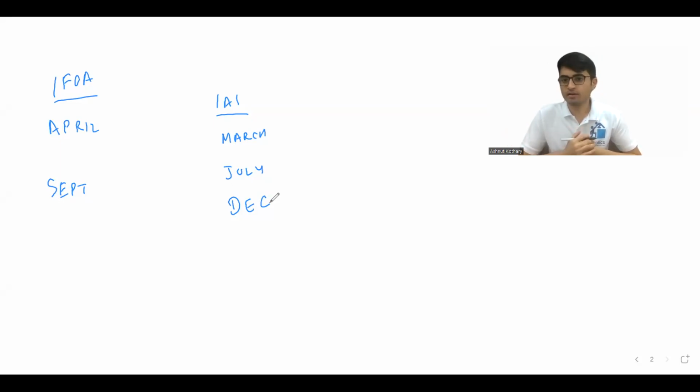When I started, I had cleared my first 3 papers, CT1, CT3, CT7. These were the namings of papers according to the old curriculum. Before 2019, we had a different curriculum. We had 15 papers instead of 13. So I had cleared 3 papers from IAI in my first session, in my first attempt. So if you have the question, is it possible? I have done it, and I'm not the only one. There are a lot of other individuals who have done it. I also have students who have cleared 3 papers in a single sitting from IFOA. So yes, it is doable.